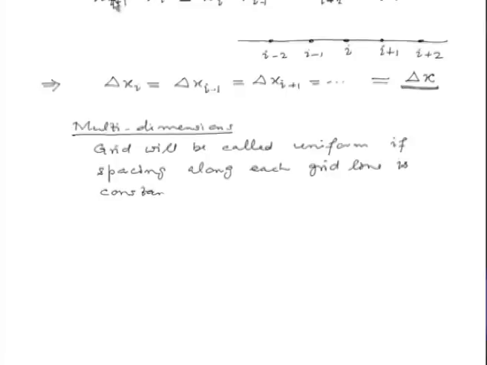Now, this constancy does not mean that we have to have same spacing along each family of grid